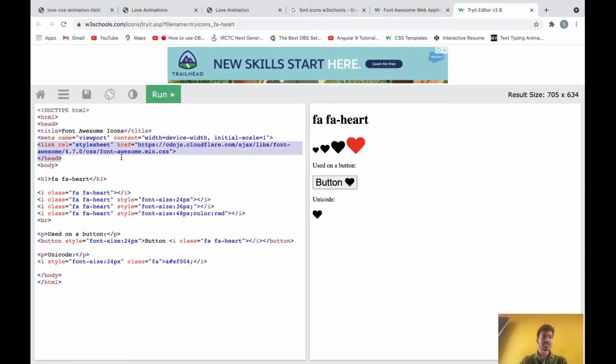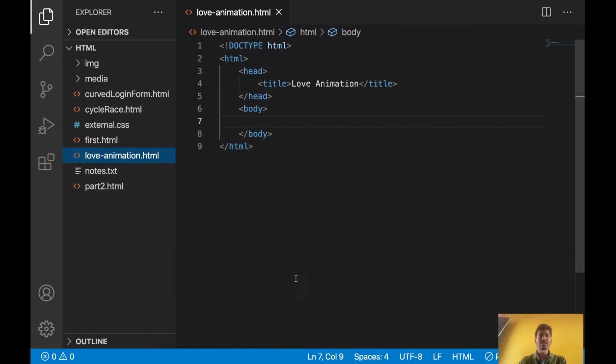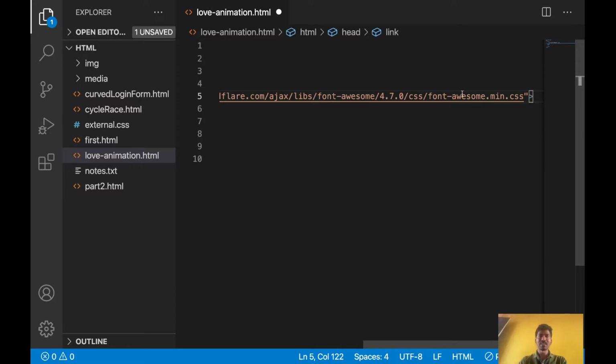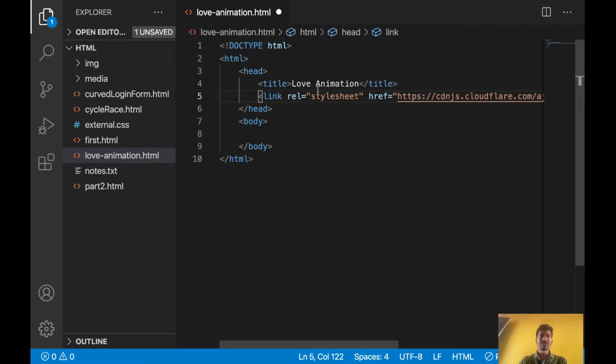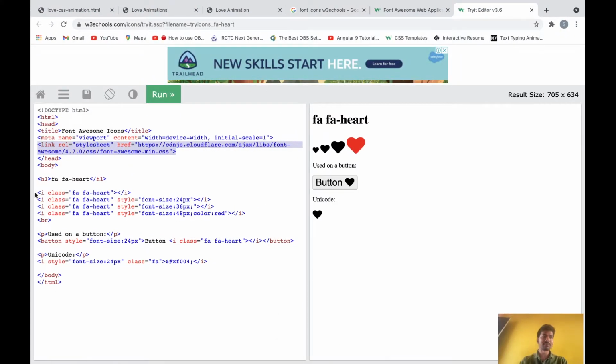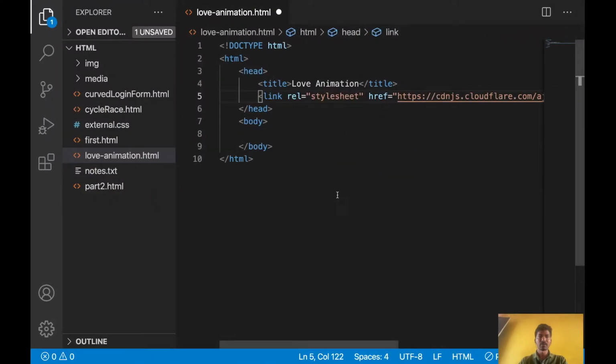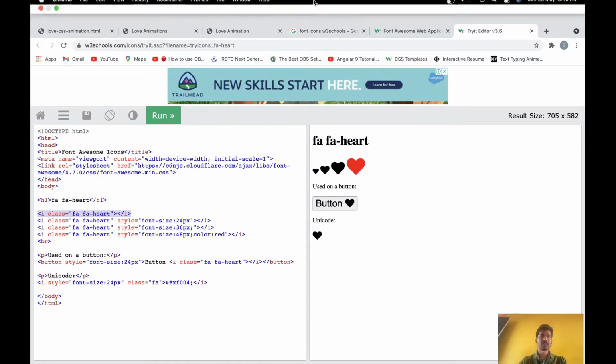Okay, first you just copy this main link. This is required for getting the icons, otherwise those icons will not work. We need to paste it in the head section, because this is an external CSS file, and CSS we will write inside the head section. Okay, next copy the icon. The icon we will paste in the body section. Now let's see whether this icon is coming or not. So let's go here. Yeah, see, the icon is coming right now.